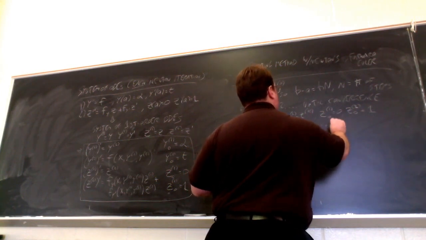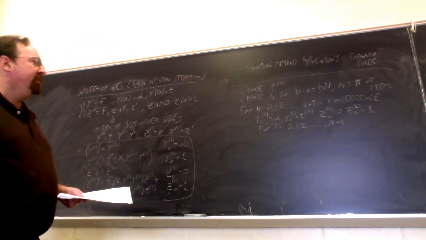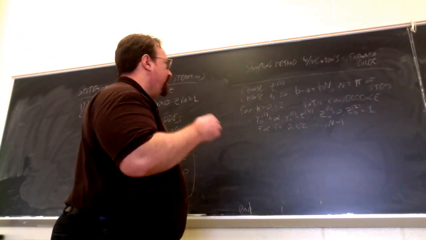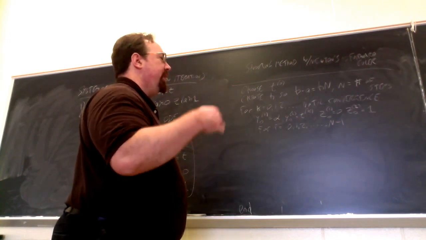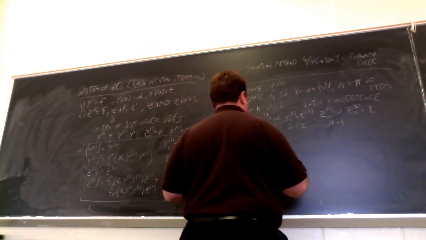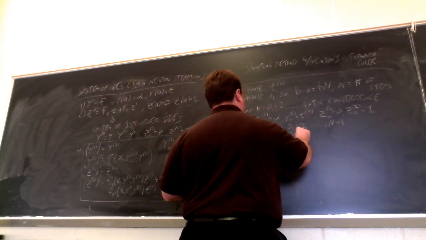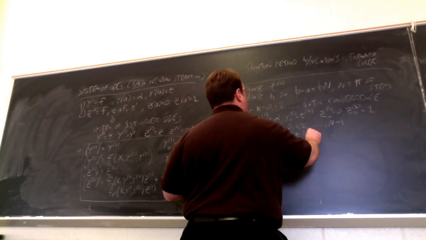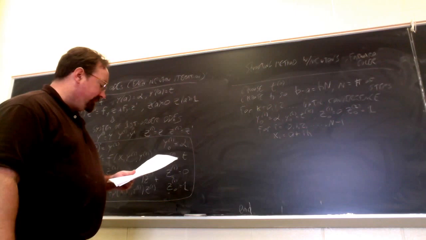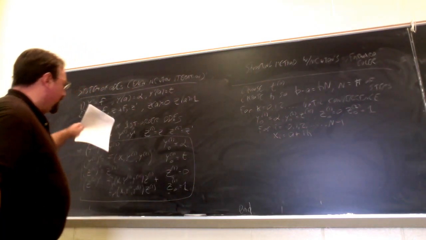Okay. And I'm taking n steps altogether. So starting from a, I go a plus h, a plus 2h, and so forth, all the way up to b. Now, first thing I need is an x value. So my x is going to be a plus i times h. Okay, and now I have an x value to plug in